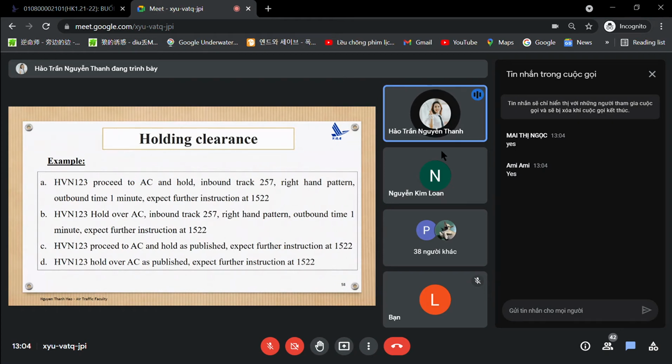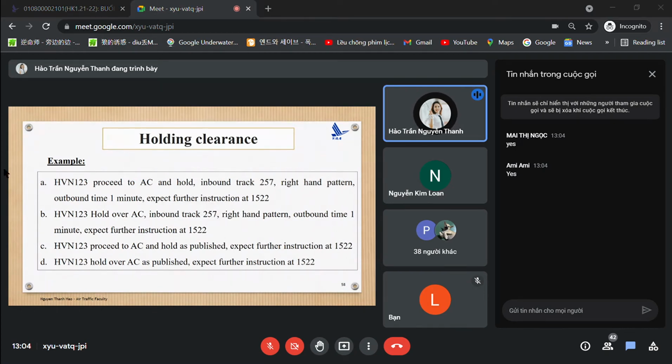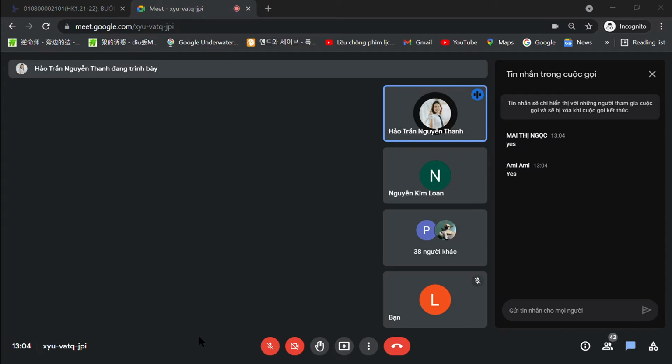We started in the last lesson about holding clearance. Okay, so I just want to give some examples for a holding clearance that we can use when the controller wants to issue any clearance to the aircraft for holding. And in the last lesson, I introduced